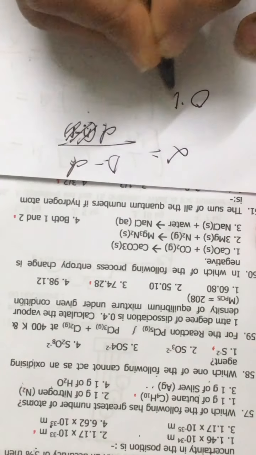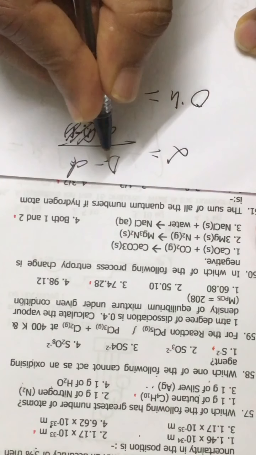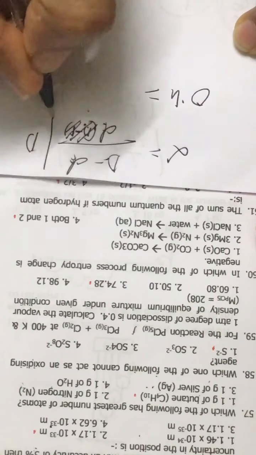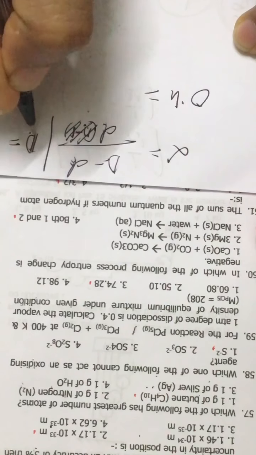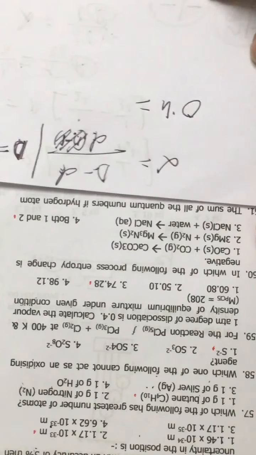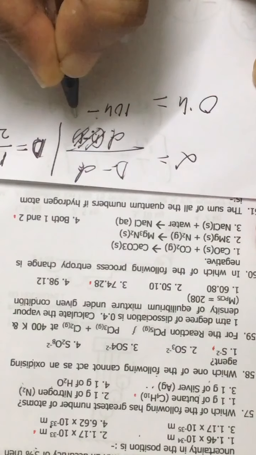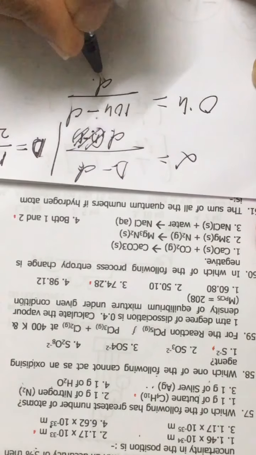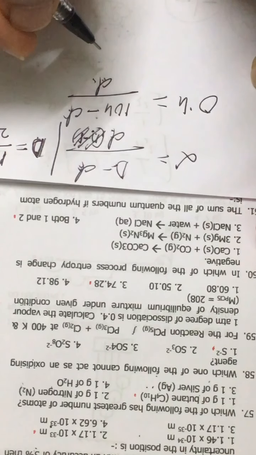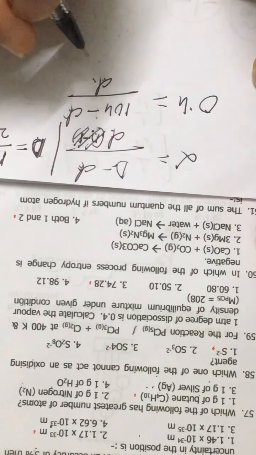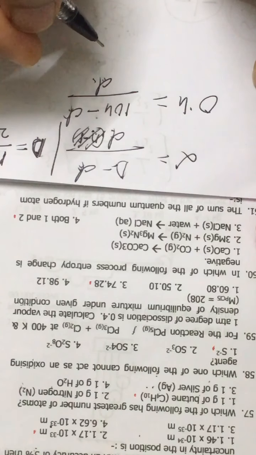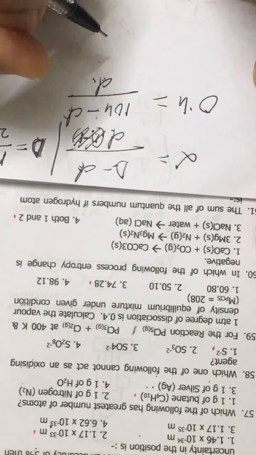Now degree of dissociation 0.4, and capital D is theoretical vapor density. D is theoretical vapor density, which is molecular weight by 2. Its value is molar mass by 2. Alright. So now capital D is 104 minus small d upon small d. So just find out the value of small d. You have to calculate the value of small d. Alright. So this can be calculated. It comes around 4.